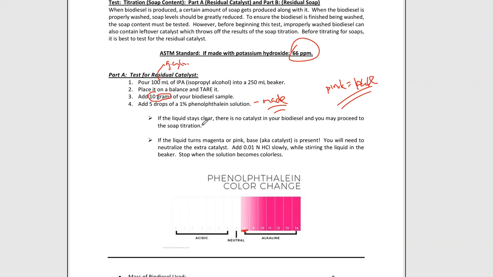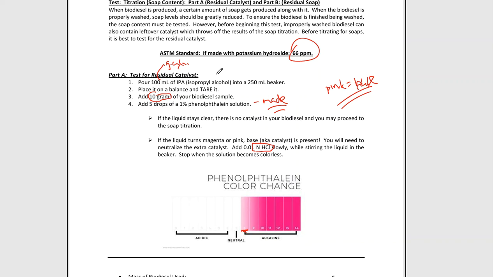So it says if the liquid stays clear, there is no catalyst left over in your biodiesel because you're not basic, and you can proceed to the next part. If it does go basic, though, you need to kill out that base. You need to kill out that KOH. And you're going to do that by adding a little bit of HCl. That will typically be ready for you if you need it. It is something that we keep in a big, huge jug. So if you do need to add it, not a big deal. Add a few drops or a few milliliters until that KOH disappears